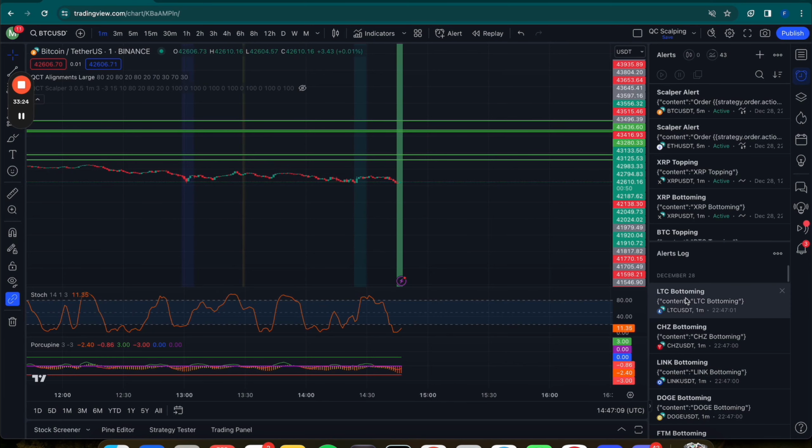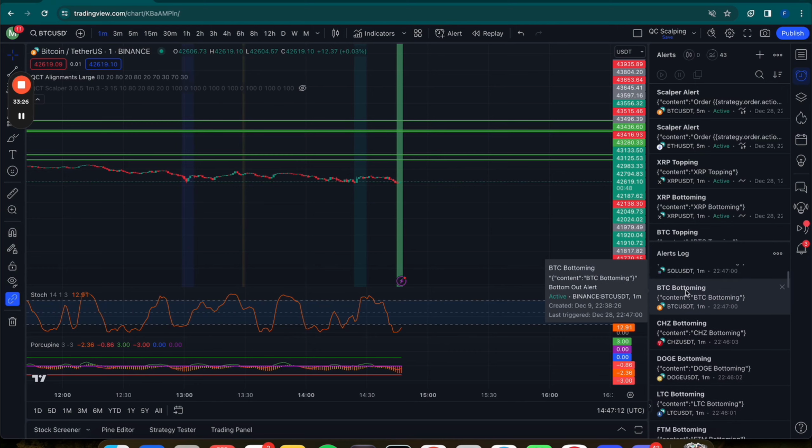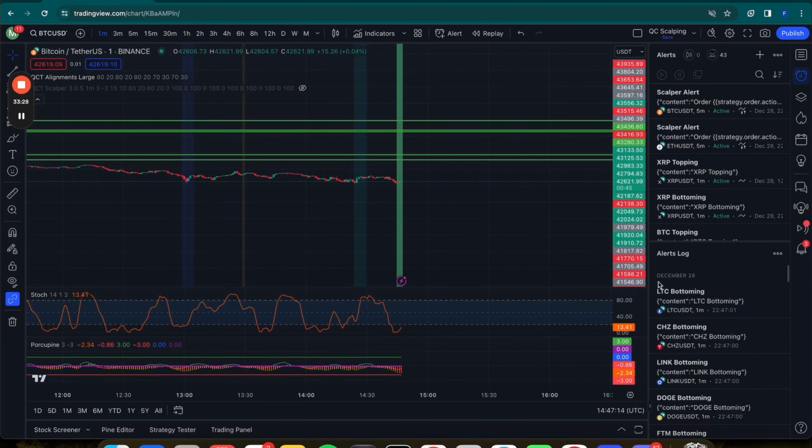However, when we see a large inflow of these signals, it means that a lot of coins in the crypto market are saying the same thing, plus Bitcoin is saying the same thing, plus Porcupine is saying the same thing, plus the stochastics are saying the same thing. And as they do, we actually have a lot of perspectives here that are aligning. So what does this mean? The chance of a move, according to all of these perspectives, if they're aligned, is pretty high.